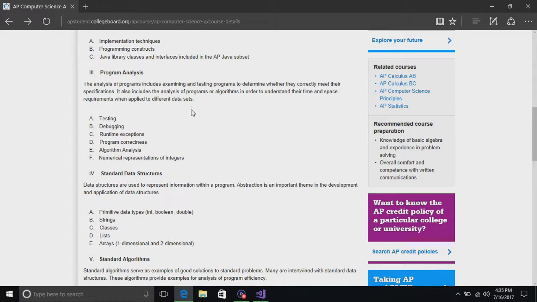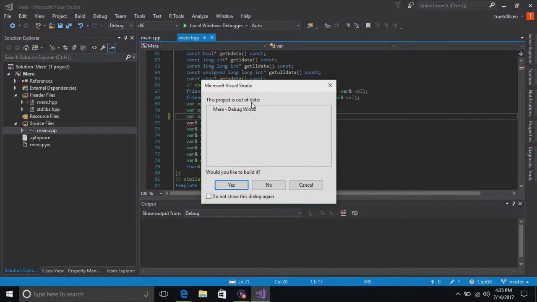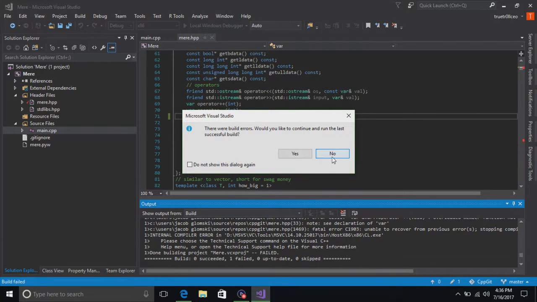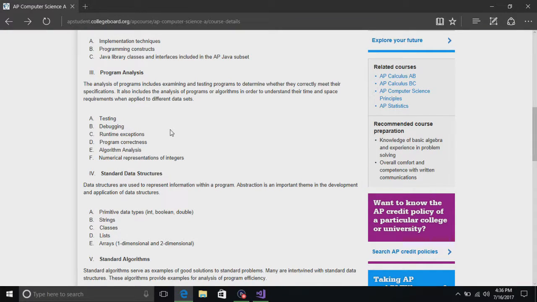Not in the computer, in the program. Runtime exceptions. Let's say I accidentally delete that. So that's a runtime error. Right?